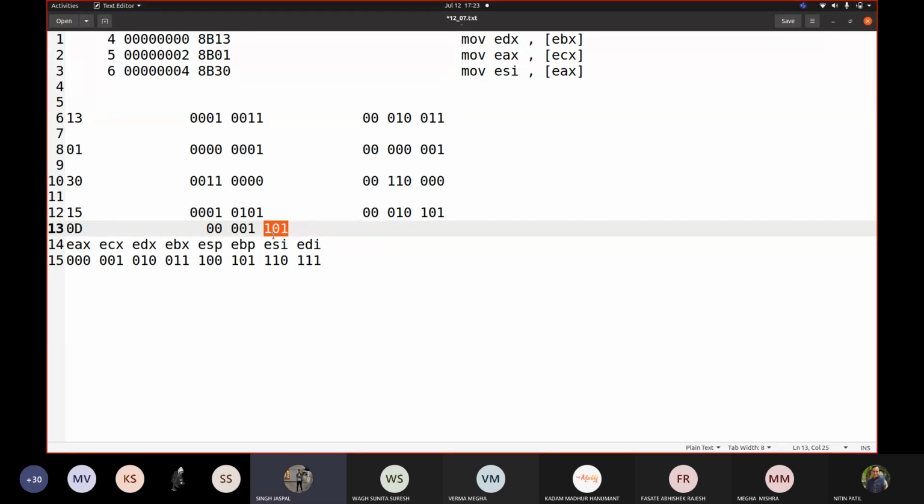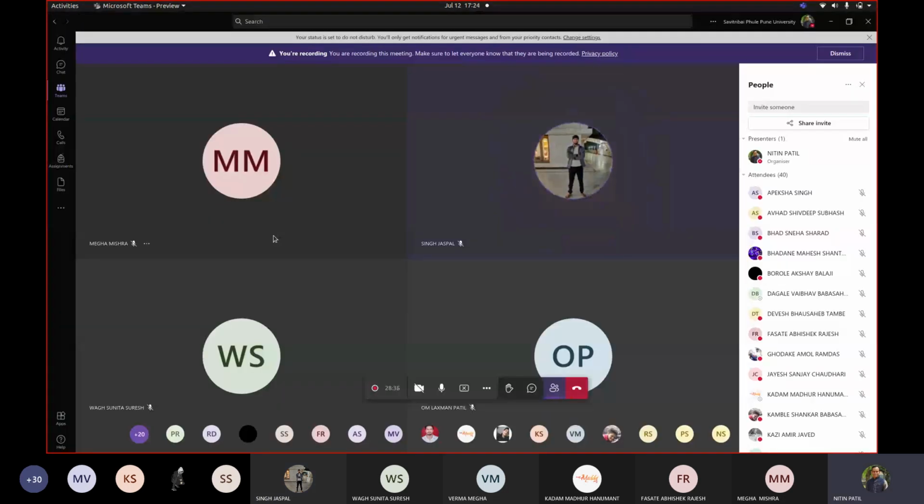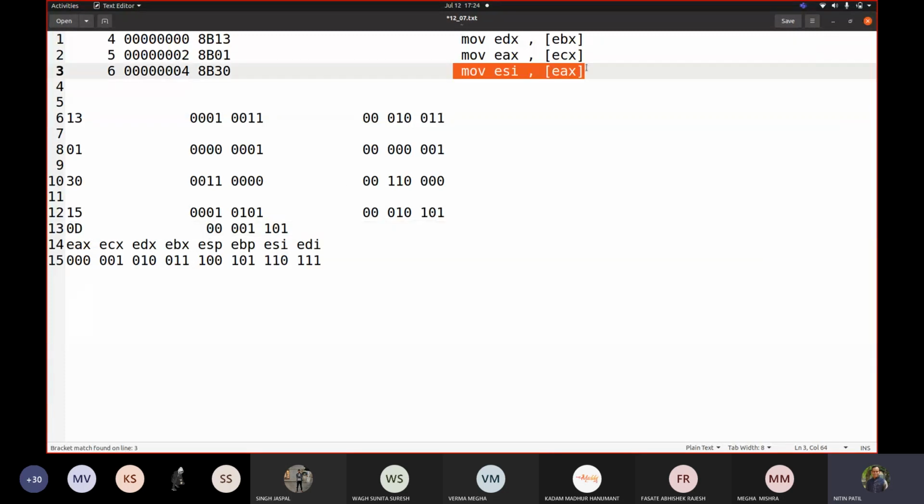Yes, sir. Any questions? Yes, you can ask if you have any, because this will clear the majority of things, because you are going to generate this through your code. These numbers you are going to generate if I give you this kind of code. You have to write that code. That's why you should understand this in a proper manner.